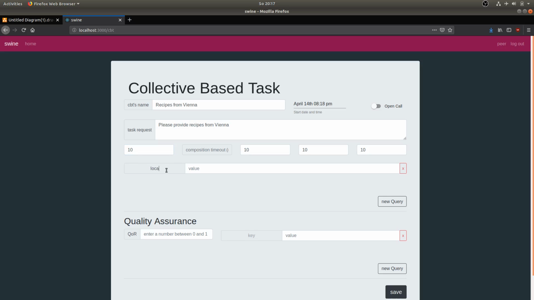And then here we are going to be providing the queries that are going to be giving us the results, so the recipes from Vienna. And in order to understand a little bit better what this part of the collective base task is, we have to first take a look at the new collective base task